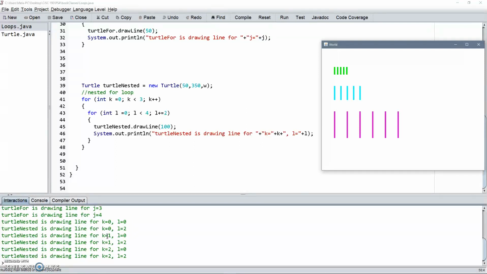As you can see, when k is equal to 1, L is 0, k equals 1, L is 2, and it stops. Then it will go back to the outer loop. Now k is equal to 2, and the same thing. When k is 3, k less than 3 is false, so this outer loop will also stop,